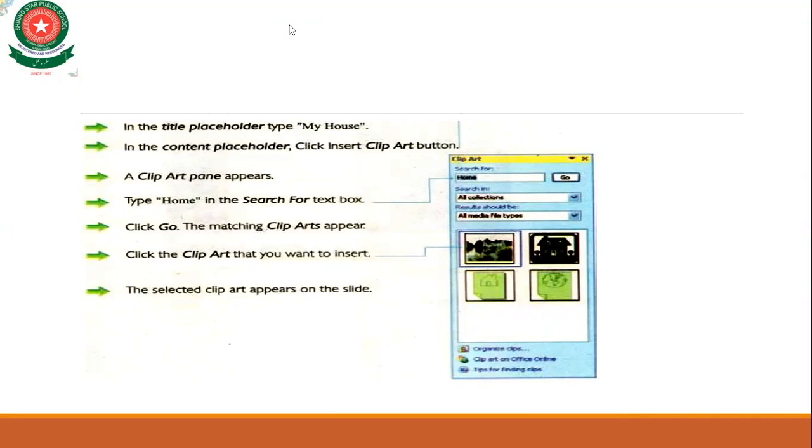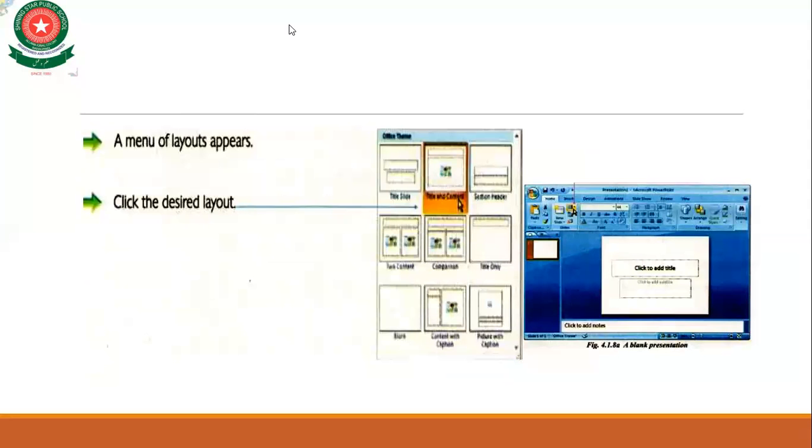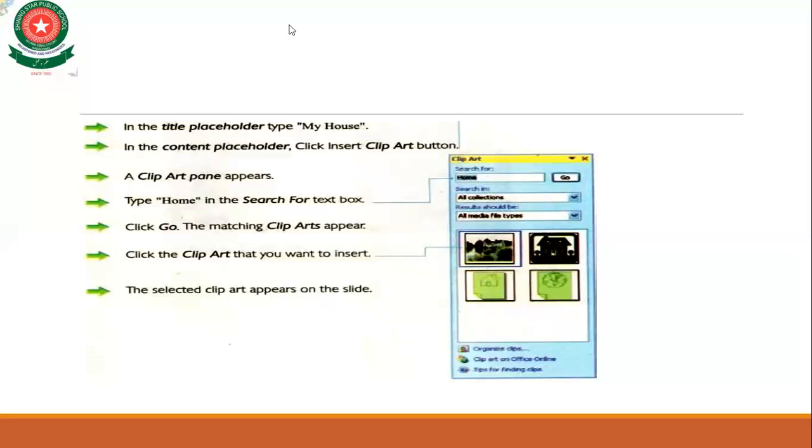A clip art pane appears, where you type home in the Search for text box. Then click Go. The matching clip arts appear. Click the clip art that you want to insert, and the selected clip art appears on the slide. So that is the way you can add a placeholder and slide layout.